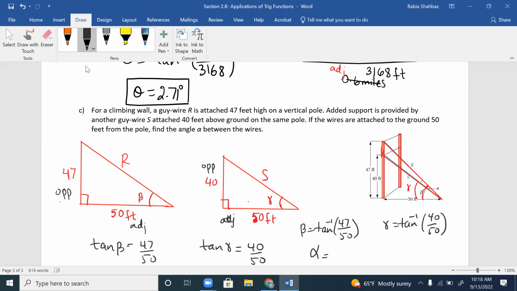Alpha is the difference between beta and gamma. So I'm going to just put them into the calculator. This comes out to be approximately 43.23 degrees, and this comes out to be approximately 38.66 degrees. The difference between the two is about